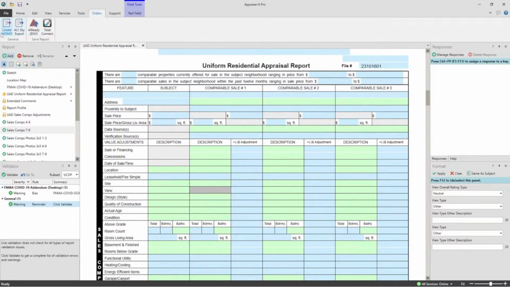Orders, this is how you're going to send reports. So you can create MISMO, create ACI Sky exports. And I'll go over why this exists in our tips and tricks. But it's basically because of these guys not doing something. We'll go over that. The AI ready ENV uploader, and then the Total Connect for the Mercury network, which we,